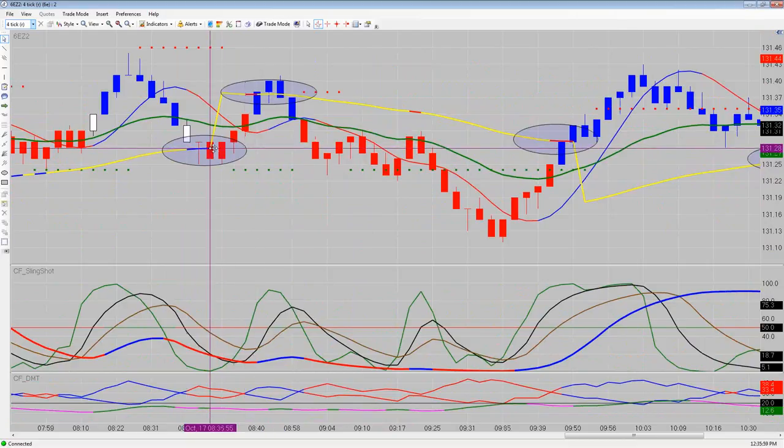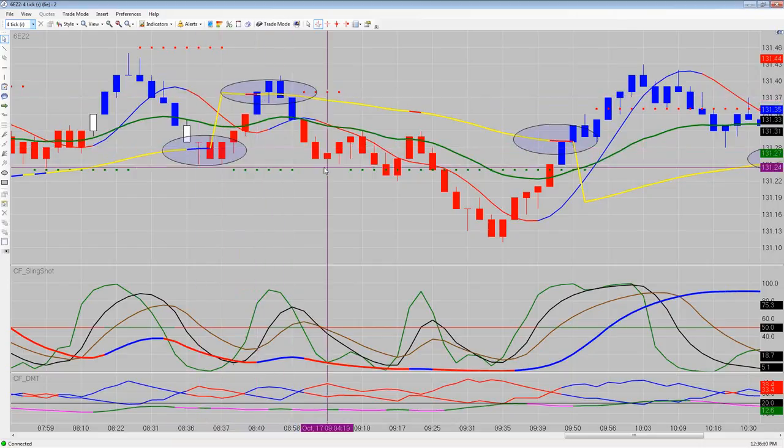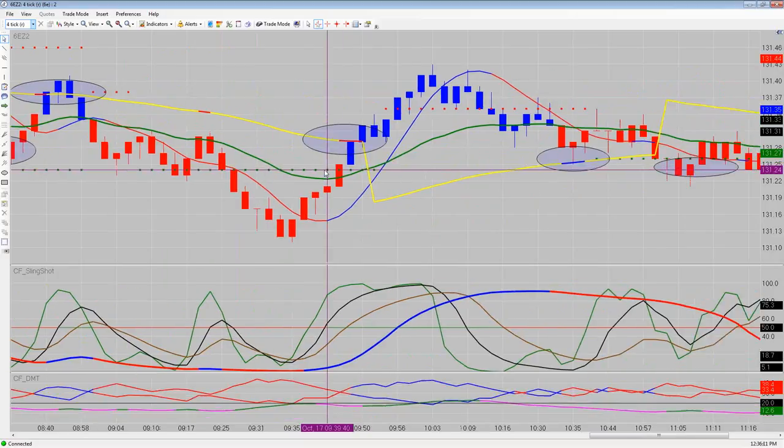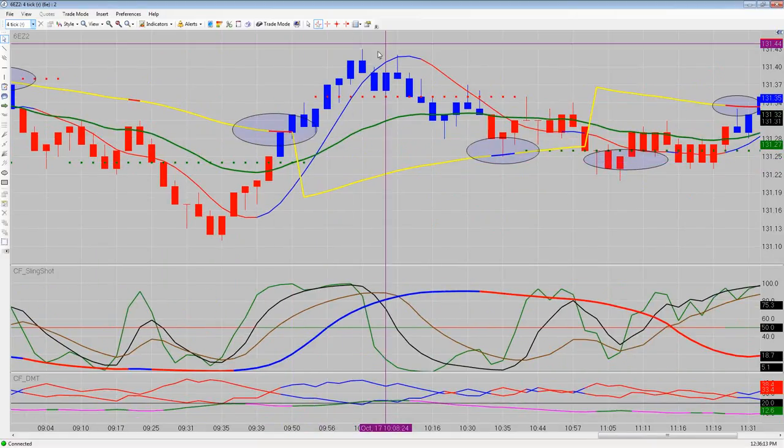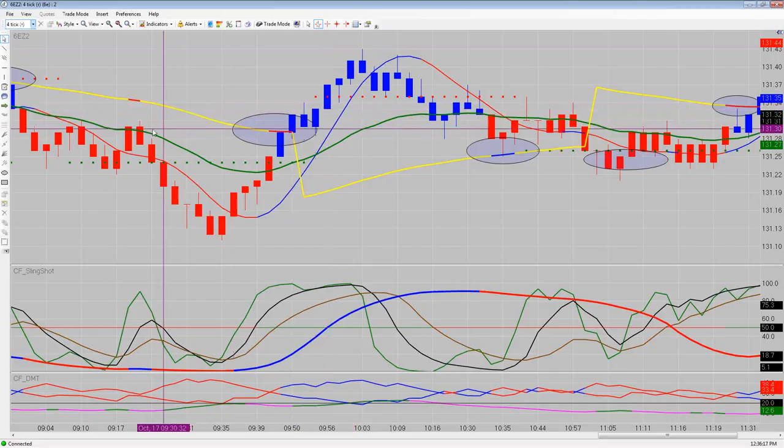Right over here on the 6E, when it broke down here, it hit right here, and we were looking for at least a one bar bounce, and we got the bounce up to here. Now it got up here to the red area, looking for at least a 1 bar bounce down, and it did bounce down. Over here it hit, and it went right through it. Now once it goes through it like this, right here,